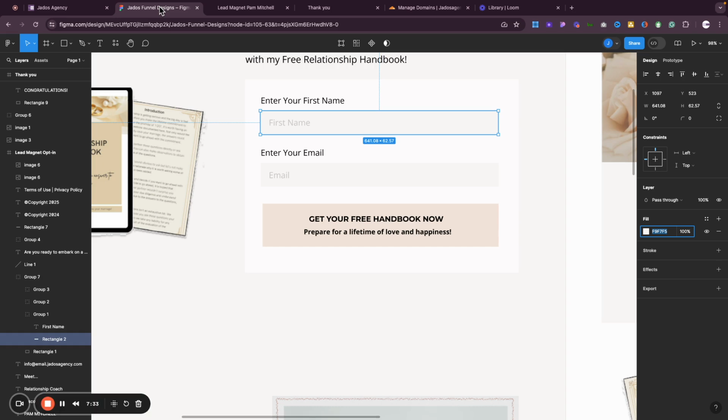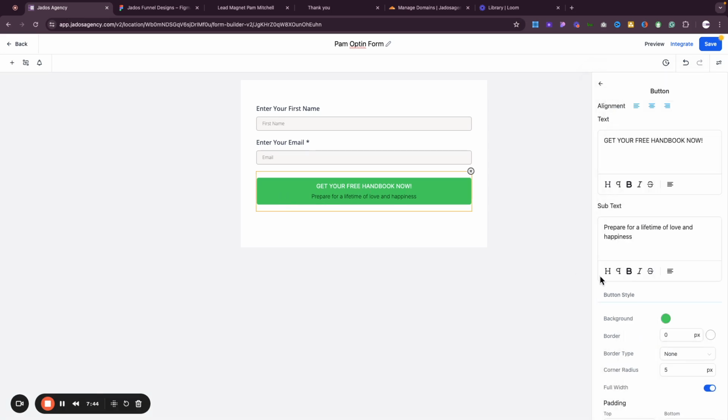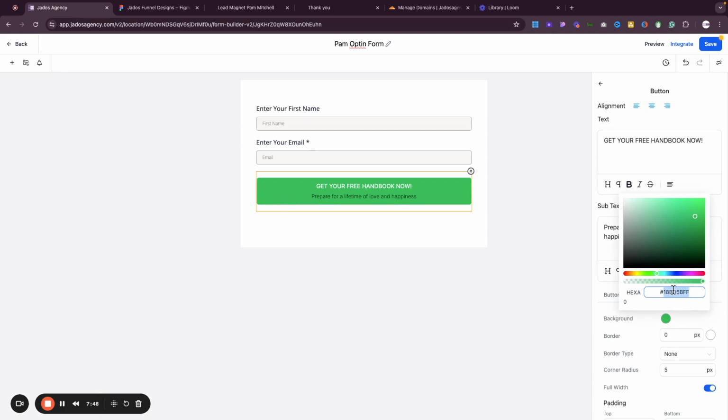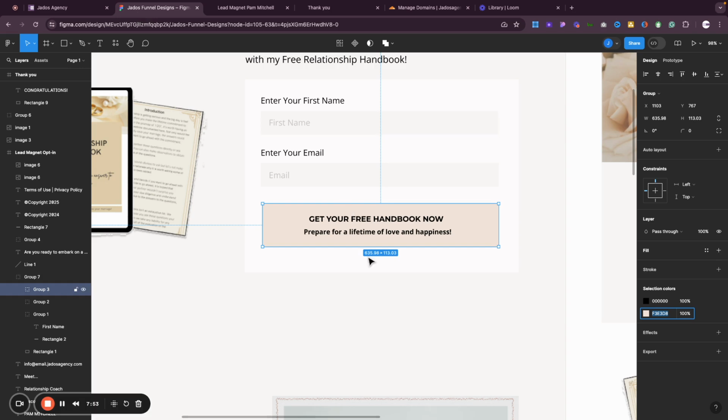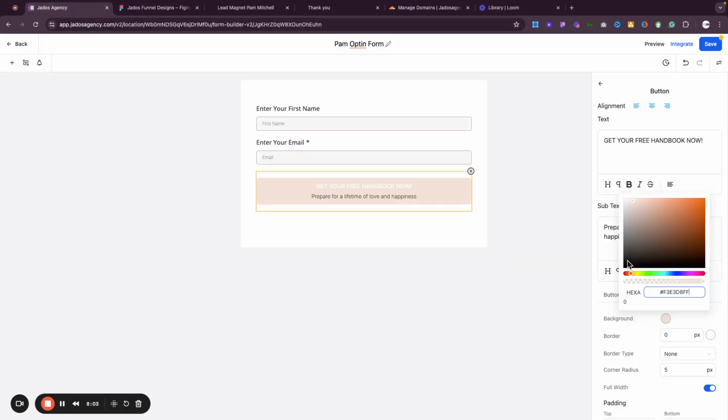Okay, so the next thing to change here now is the button. The color of the button is that color there. So if you go back to the button, change the button style. Beautiful. And then the button title and subtitle. The button title is black and the subtitle too is black.